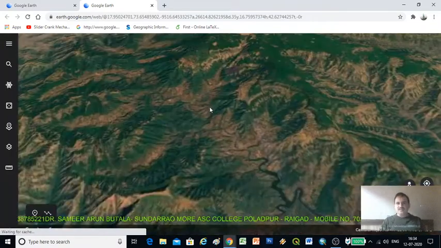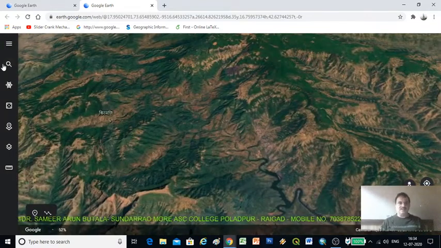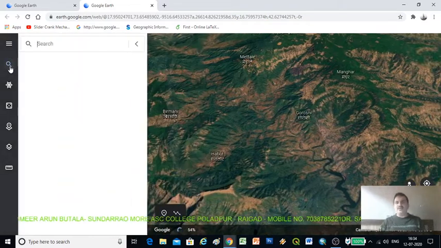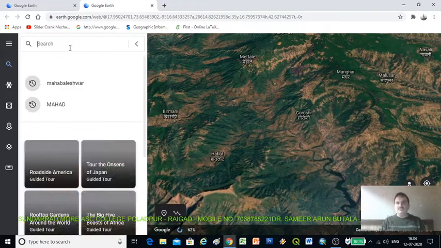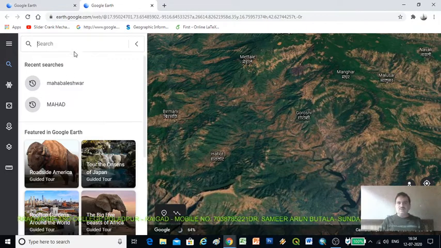So here the Google Earth has started, but for downloading the topo sheets we need the older version of Google Earth. How can we download the old version?